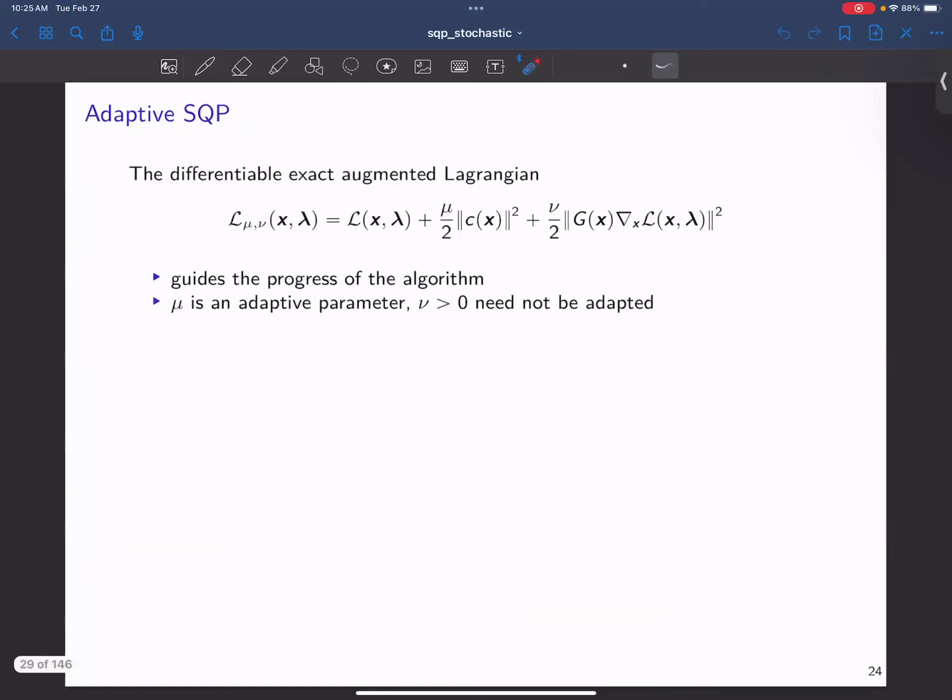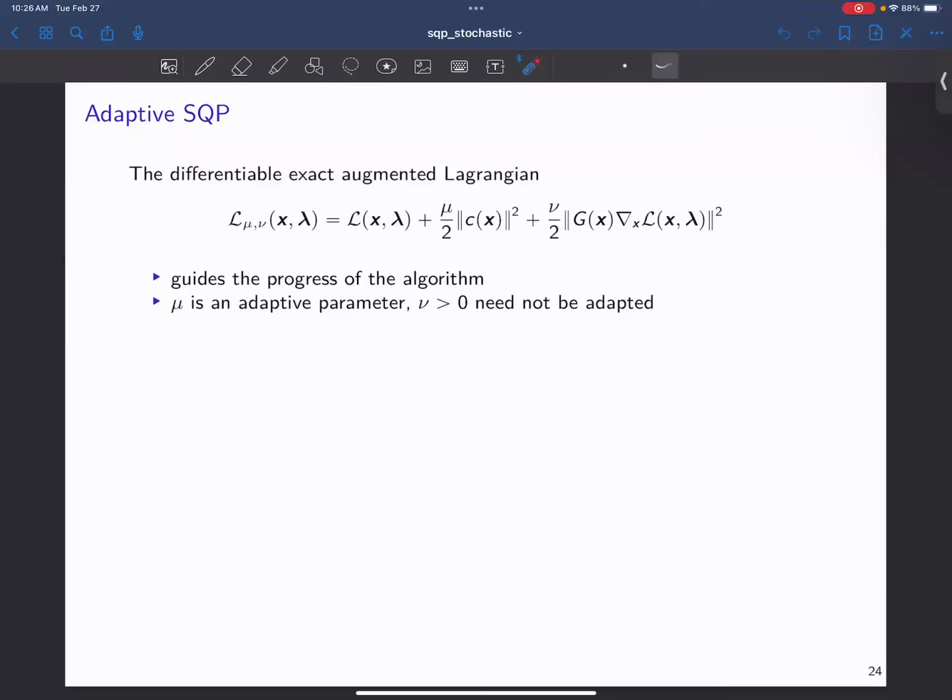Okay, so now the difference with, let's say, Newton's method for unconstrained problems is that we cannot use the objective function to determine how we are progressing in the algorithm. So in unconstrained problems, we can use the objective function together with the search direction to decide how much should we move in the direction of the search. Here, we cannot just use the objective value because that does not take into account the constraints. So I could improve my objective value, but the constraints might